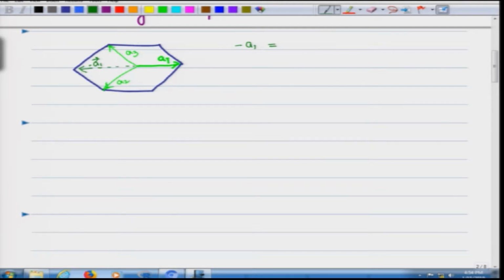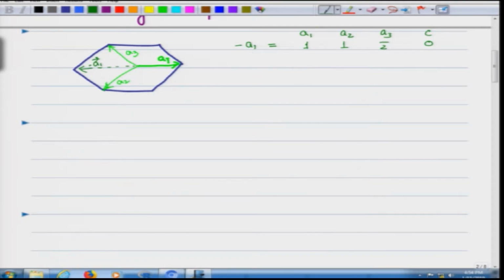So, 1 A2 plus 1 A3. So, if I had to find the indices, what I will do is I will write A1, how many multiples of A1, how many multiples of A2, A3, and C. C obviously is 0, we are talking in the plane. A1 and A2 we know they are 1 and 1, and once we have 2 of these three indices, we do not need to do anything else. We simply take the sum of this and take negative.